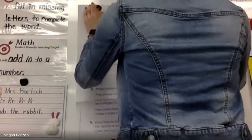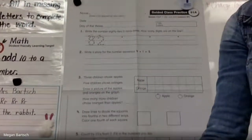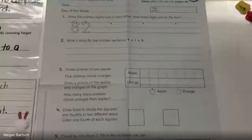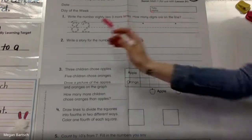Boys and girls, say one thing left. One thing left. Oh, that was pathetic. There was only a couple of you. Say one thing left. You got it. Raise your hand and tell me what number do you see at the top of your paper. What number is that? Nizier, you can sneak back to your spot, honey. Jordan, what number is that, babe? An 8 and a 2 makes...